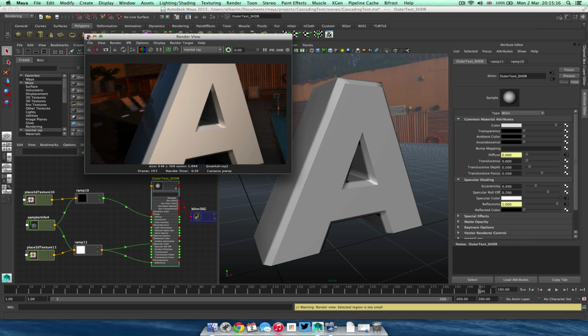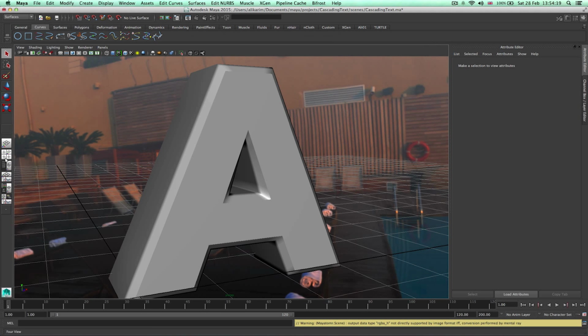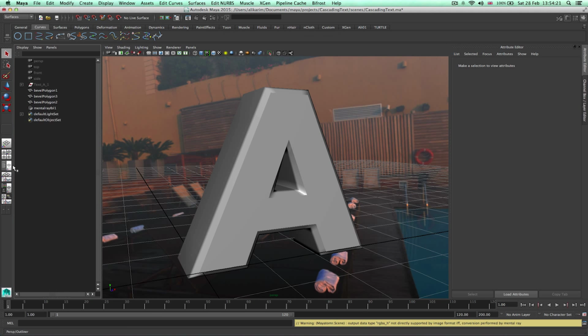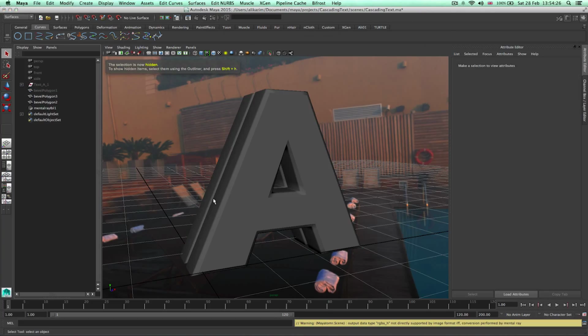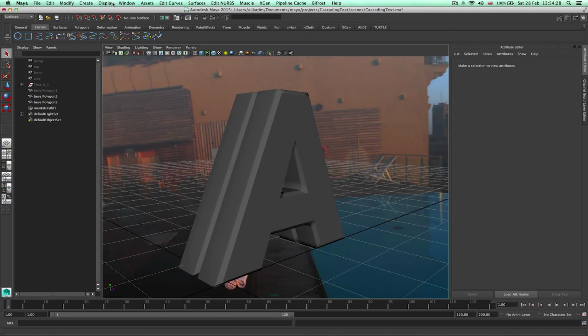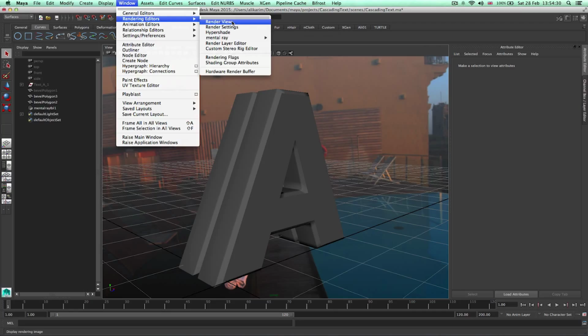Okay, so now we need to switch back to the perspective view. Actually, the outliner, where is it? Yeah, we can hide the outside layer, so Control H. So we're left with the two inside ones. If we go to Window, Rendering, Hypershade,